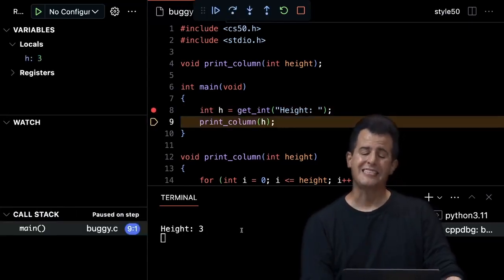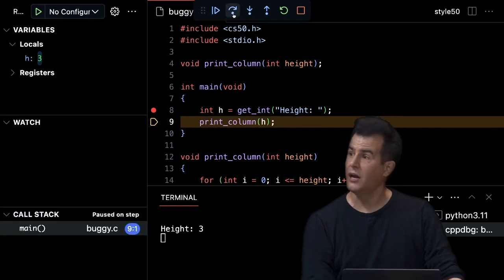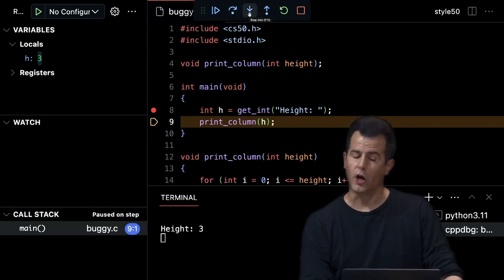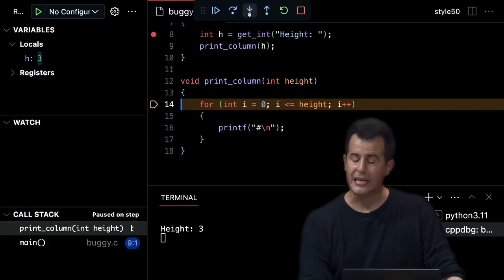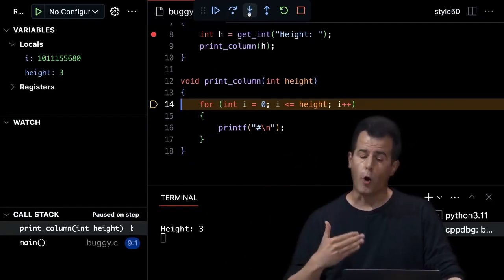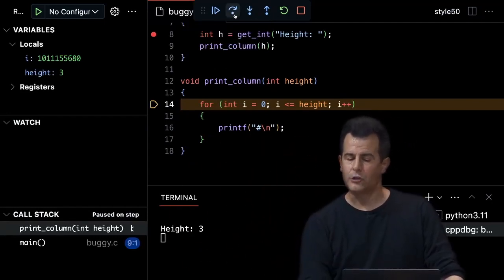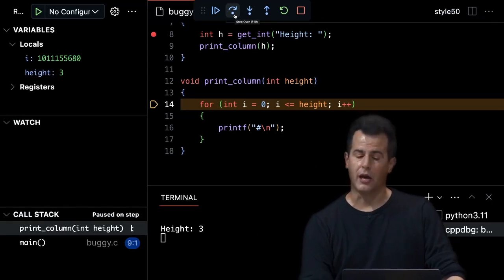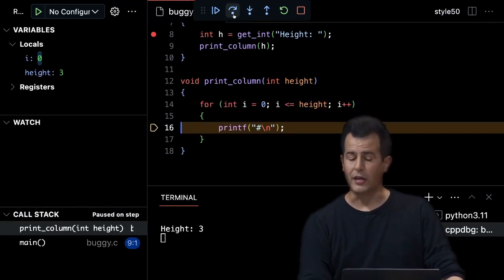But this time, instead of stepping over line 9, let's poke around. I wrote print column, so let's look at print column step by step. Step into it and watch what happens to the yellow highlight. It now jumps logically to the inside of print column, thereby letting me walk through this code. And now I can just step over each of these lines one at a time. So stepping over. OK, so what did it do?